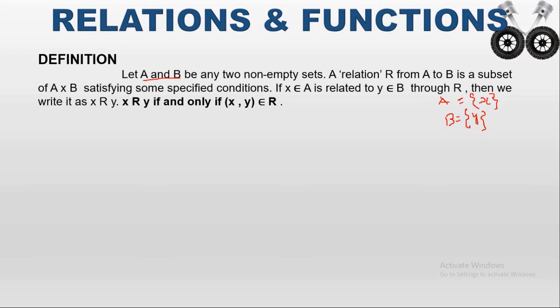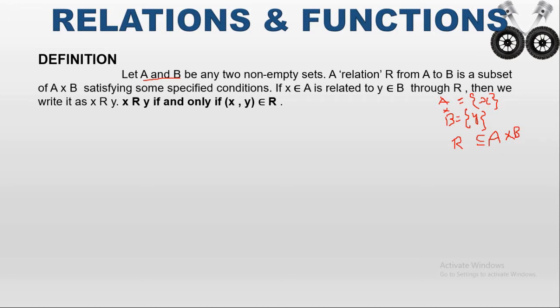Next we have to write the relationship. The relationship is denoted as capital R. What relationship are we going to write? We are going to write the relationship from A to B. Next we have to find the cross product of A and B, that is A cross B. So, as in the before example, R is a subset of A cross B. Whatever elements are present in R should all be present in A cross B. So we can say R is a subset of A cross B.